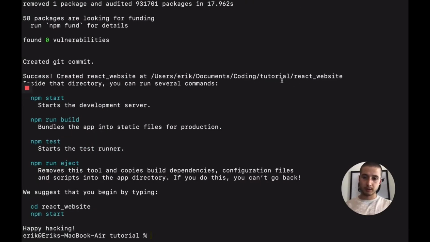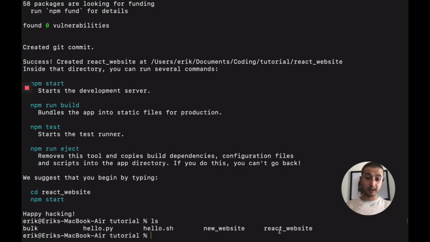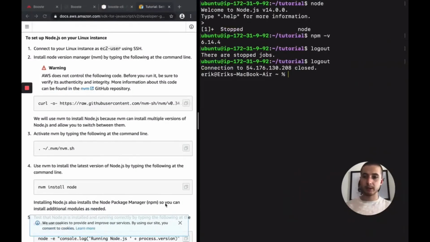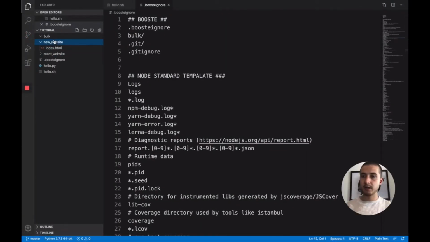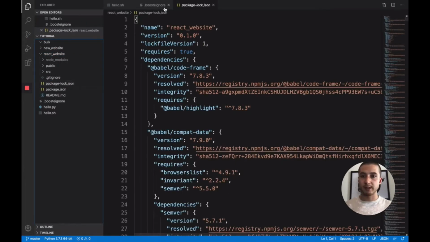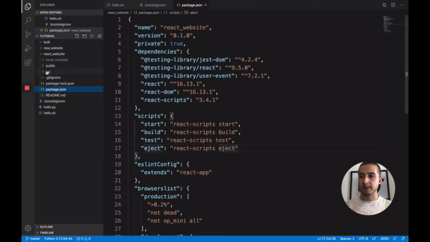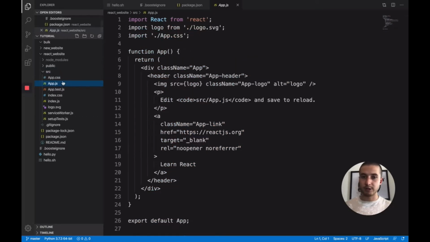Cool. So back here, our npx process is done running. So again, we're back local, and here's that React website that we built. CD into that. And here's the boilerplate. You can check it out on our code editor, with the React website. And here we get package.json. There we go. So the stuff that you're used to seeing, go into src, app.js,